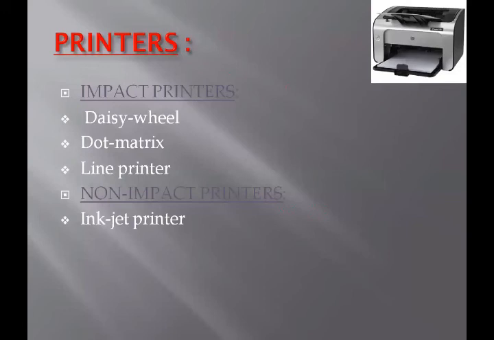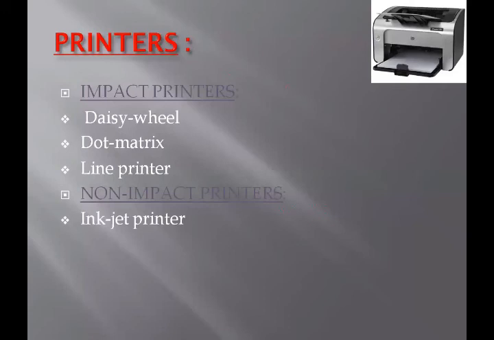The output of the printer is called hard copy. It is called hard copy because it is a permanent copy. A printer is a device that accepts text and graphics from the computer and transfers the information to paper. A printer is an output device that transfers the information to paper, called hard copy.